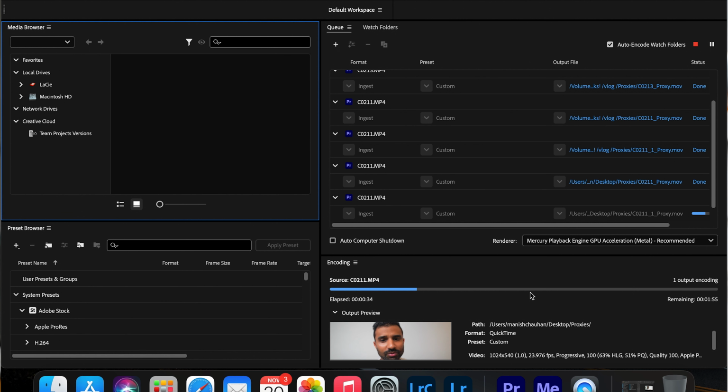The Media Encoder will open, and then it will start working in the background, turning your files into the low resolution proxies. It could take some time. So if you have quite a long footage, quite a big file, I would say probably go away and do other things and let this roll in the background. It can take some time. Okay, so once the Media Encoder has encoded your files,